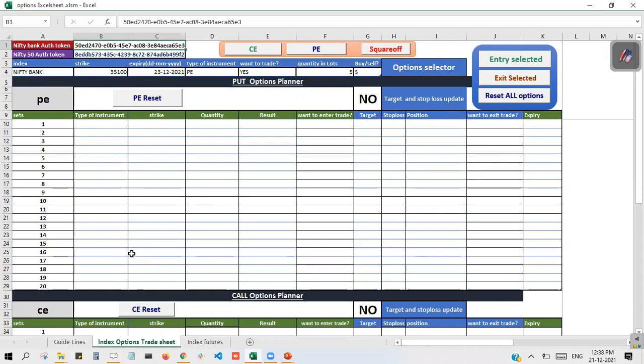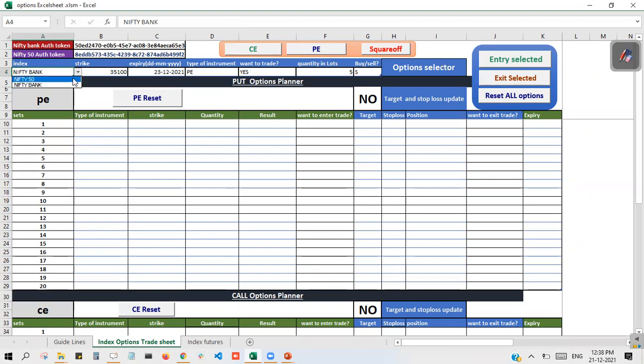So in order to plan our option, if I want to place a Nifty Bank option of 35,100 PE, selling with 5 lots, then what I will do is, in this option selector, from